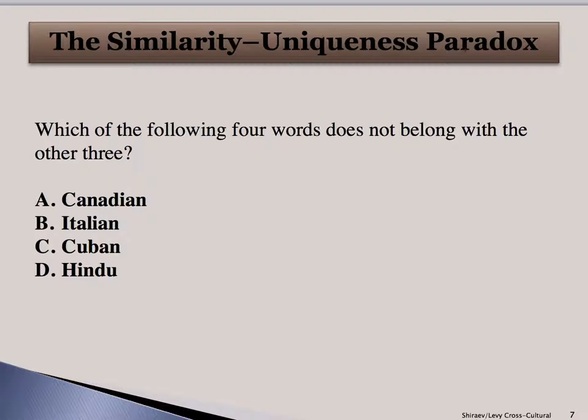The correct answer to this question is D, because Hindu is the only term that represents a religion rather than a nationality. But wait, the correct answer is B, because none of the others is European. Then again, the correct answer is actually C, because this is the only group with a communist government. Not quite. The correct answer is A, because Canadian is the only word on the list that contains an even